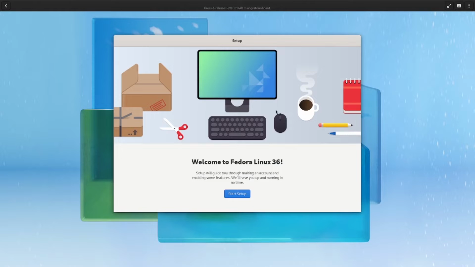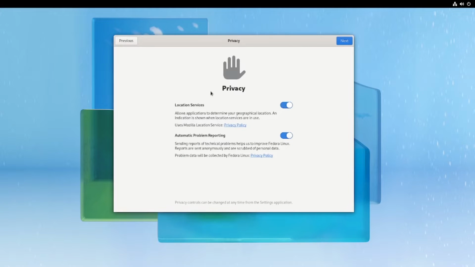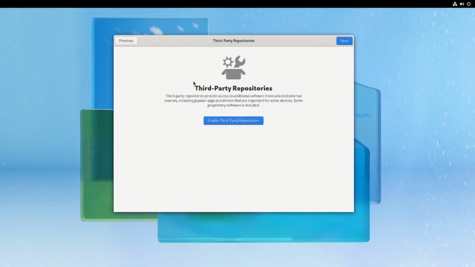The first thing to do is we need to do some settings. Click start setup, and then I will disable the location services and turn on the automatic problem reporting, and then next. For the third-party repositories, just leave it like this, and then next.